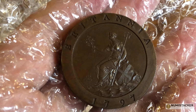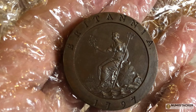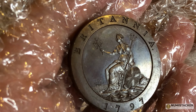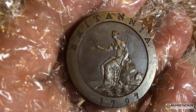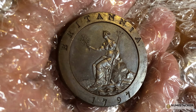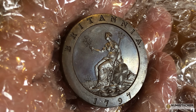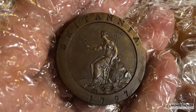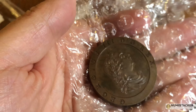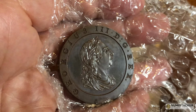I mean, it's just ridiculous kind of quality, and people just aren't producing beautiful things of quite this quality even now. And if you think how old this is, I mean, look at those mirrored fields on a copper coin. This is minted in the Soho Mint. You would have seen a bit of the history of the Soho Mint the other day if you watched one of my videos. Soho Mint, just to recap, is in Birmingham